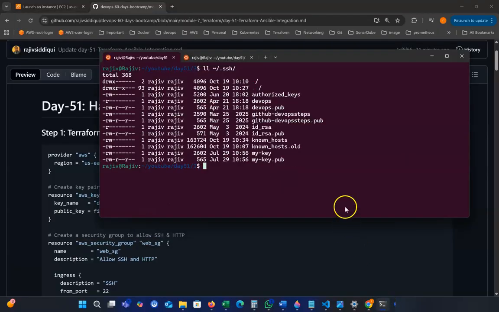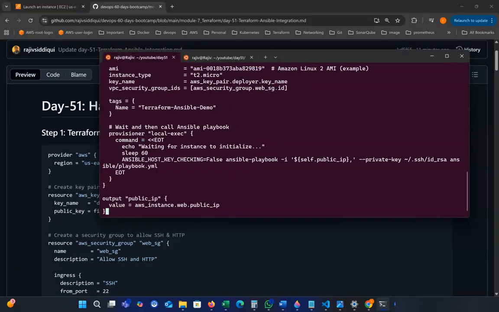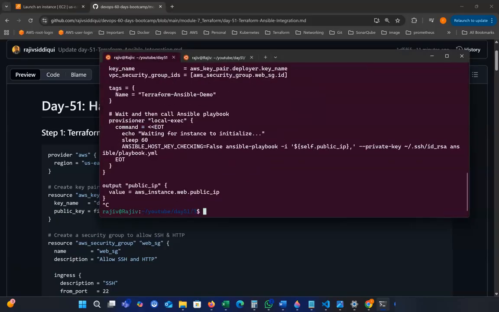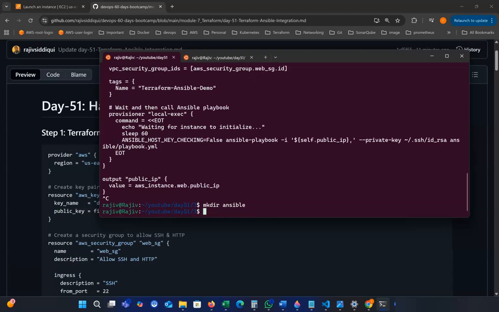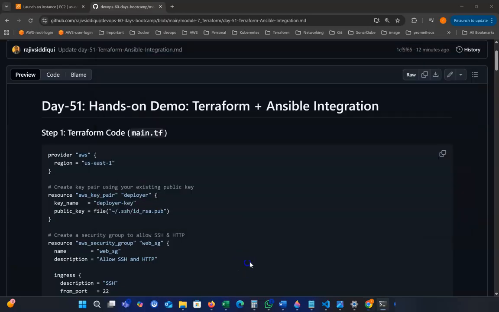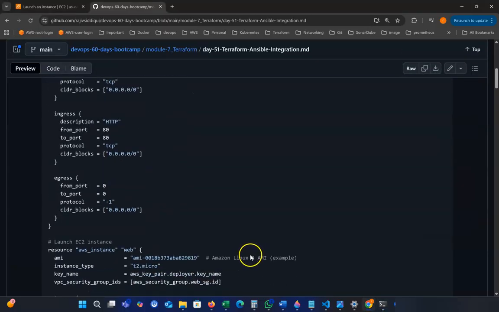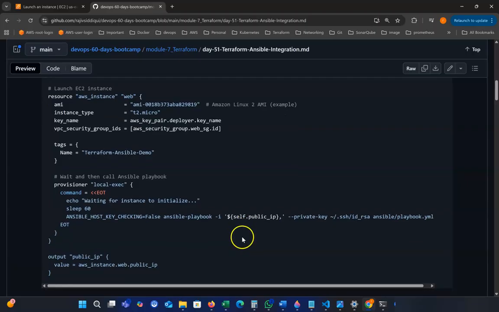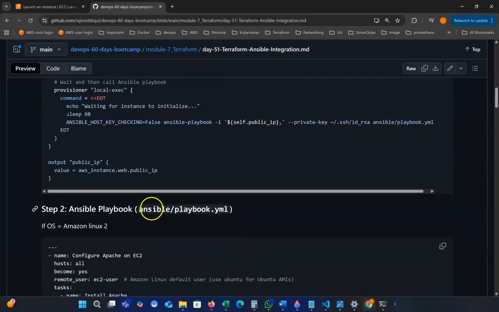Copy, get, and create an Ansible folder. You want to keep all Ansible files in this folder. Now I need to explain the Ansible playbook file, which will be in the Ansible folder,